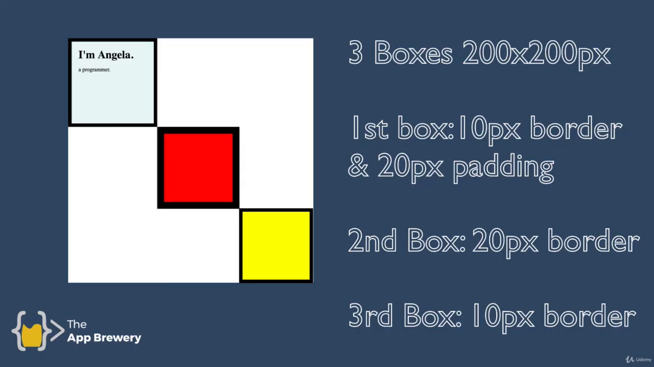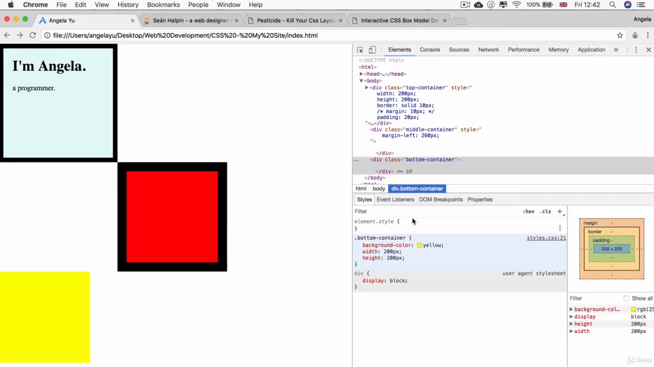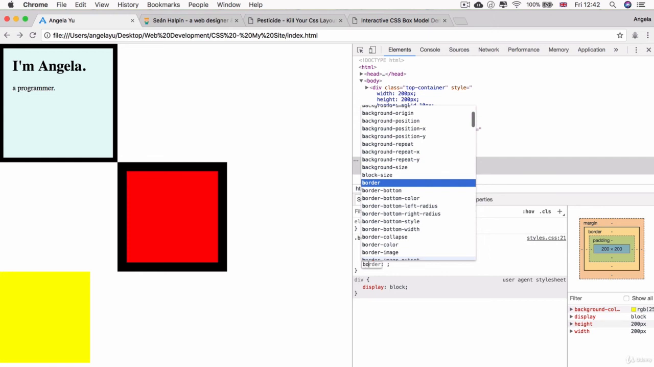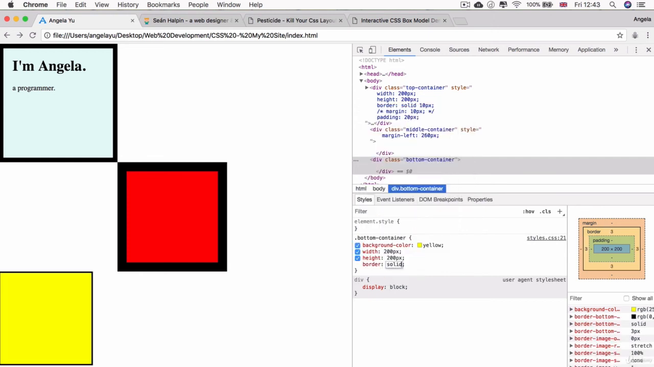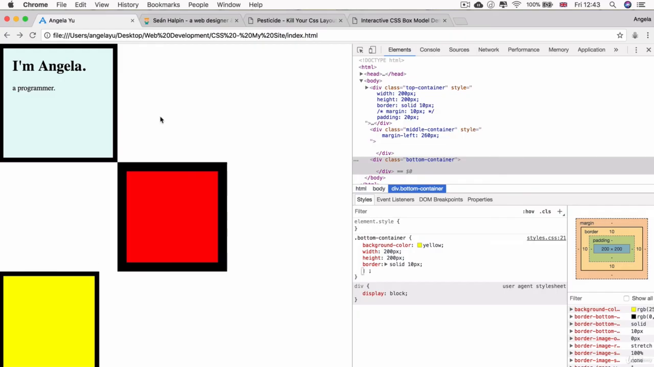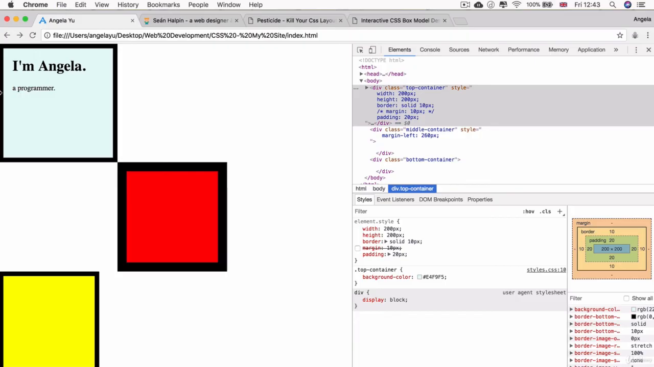And then we're going to give it a border of 10 pixels solid. So we're going to say border solid 10 pixels all around. And now we have to calculate how far we need to push this square in order to make it touch corner to corner with this red box. So we remember that this was